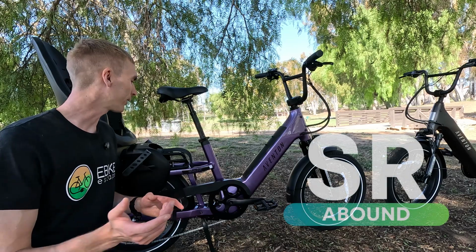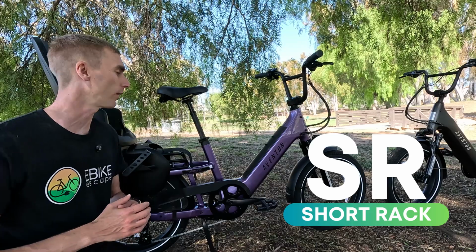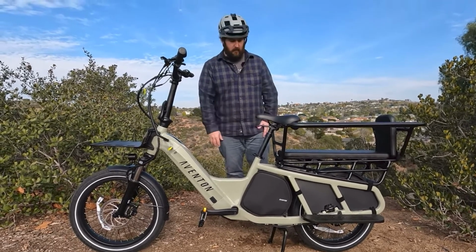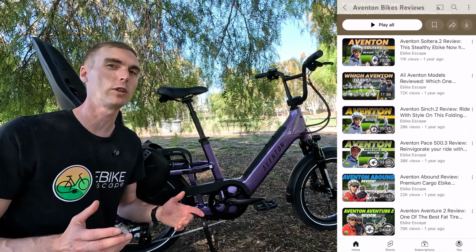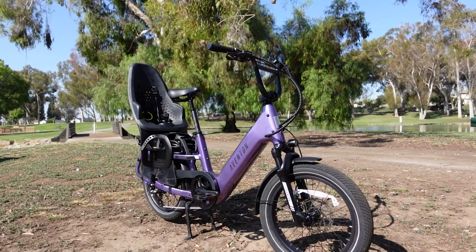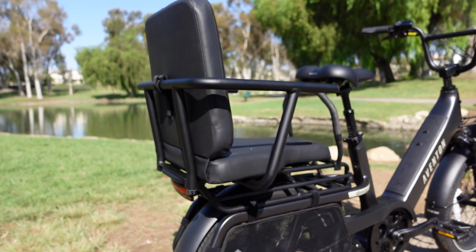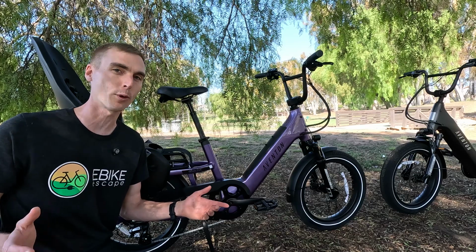So the Abound SR, what does SR stand for? That stands for short rack because they have a full cargo version of the Abound, which we've also reviewed. We've reviewed every Aventon electric bike, so you can check out all of our reviews if you're interested in some of their other models. The general category of these types of electric bikes, though, I call utility bikes. They give you the option to haul some cargo, but they're not as long and unwieldy as a full cargo